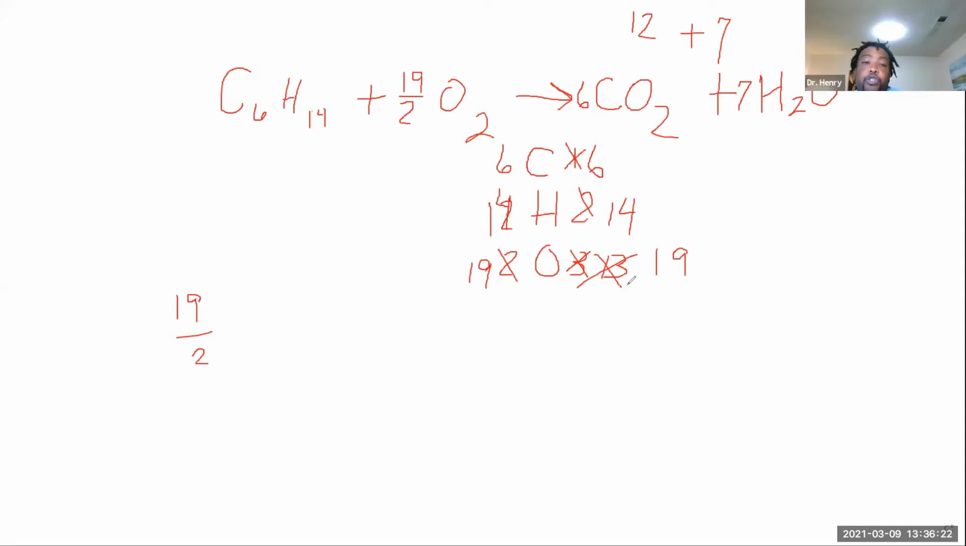So then we need to set it up so we can get a whole molecule. So how can we get a whole molecule if we have 19 halves? By multiplying everything by 2. Yes, so we have to multiply the whole equation by 2. Okay, so if I multiply the whole equation by 2, we understand that this number here is supposed to be a 1. So it would be 2 C6H14,